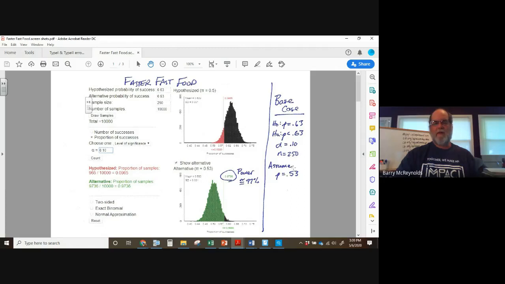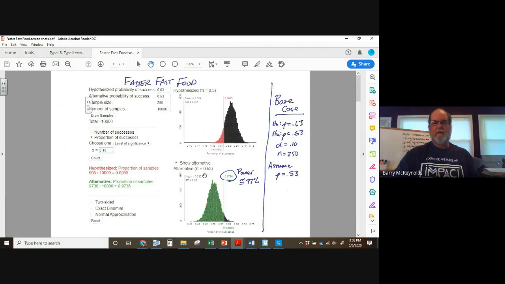And so in the context of this question, the restaurant manager said he needed this proportion to be 0.53 to justify the additional labor for another employee. So that's where we started. And so we plug those in, and at an alpha level of 0.1,